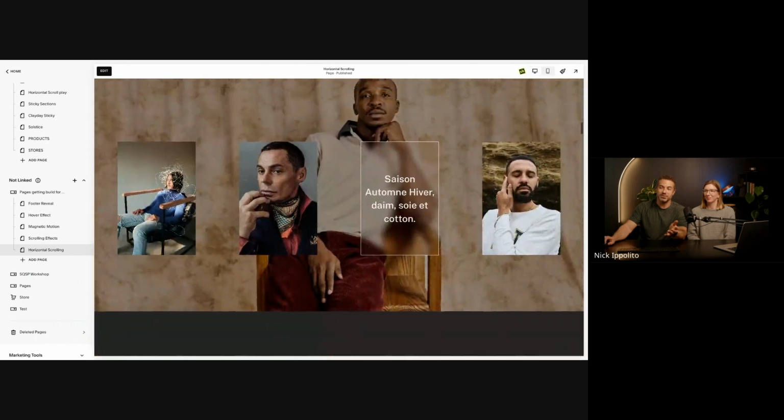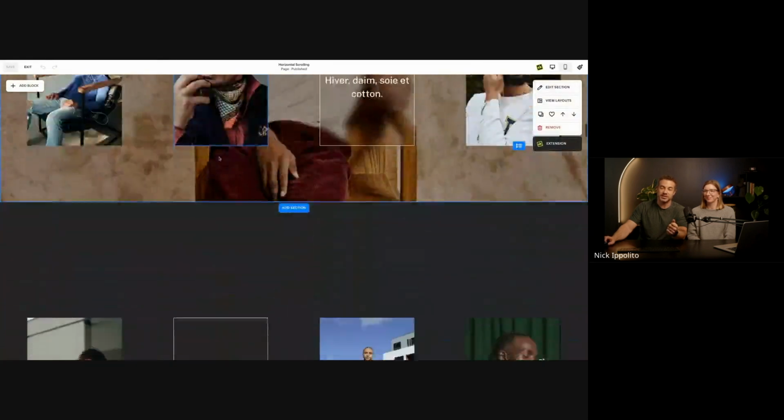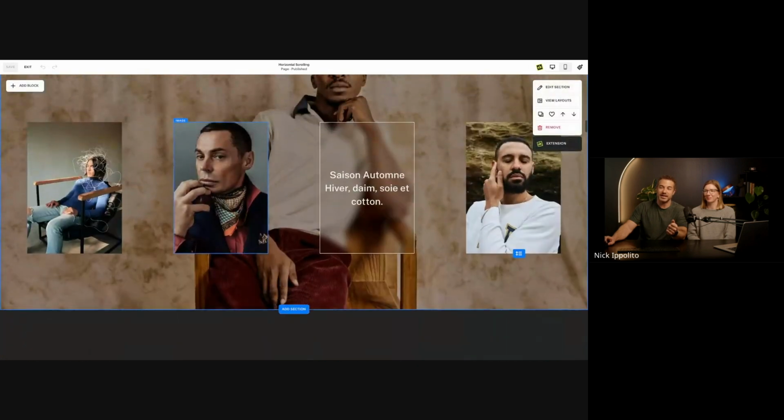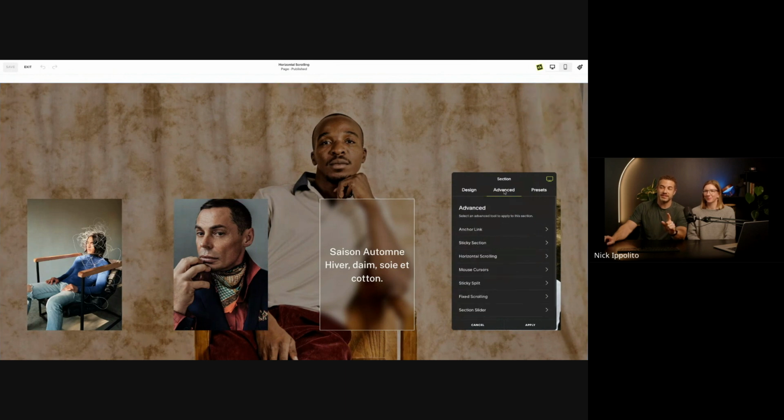What you do is simple. I can show you this one because it's actually really easy to implement. You go to your sections. I have my 2 sections here, and I just want to make this my first section of my horizontal scrolling trigger. Go to my section tools this time, and advanced, you'll see horizontal scrolling, and I just enable it just like that.